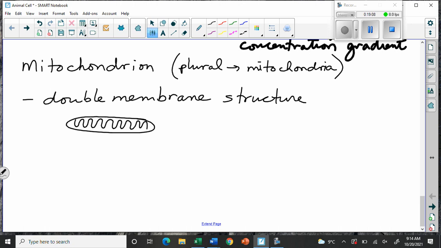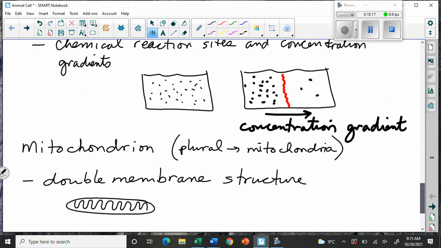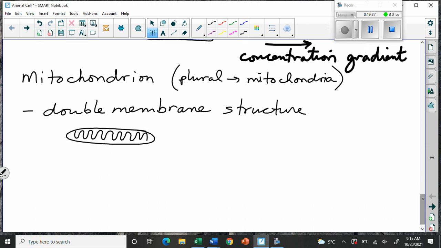And so there's a space between the membranes. And then what these membranes do is, just like the endoplasmic reticulum is a membrane, these membranes create concentration gradients and differences in where the molecules are. And when they do that, that results in all kinds of very interesting movement of chemicals and molecules, which helps the reactions happen that allows the mitochondria to do its main job, which is, it's where the combustion